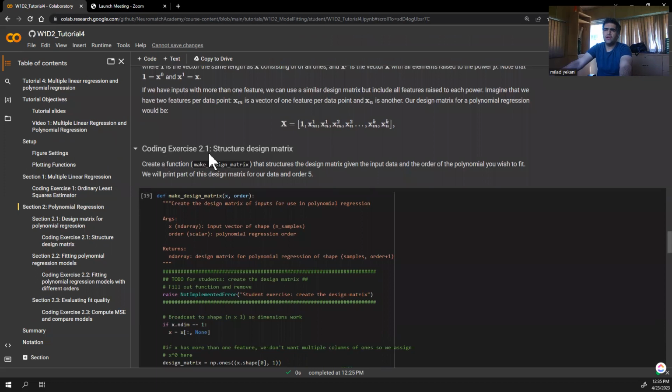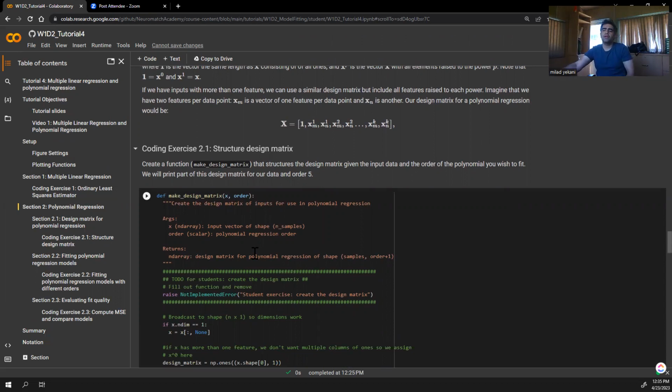Here in coding exercise 2.1, we can see a function which gets our x's in vector form, and also gets the order of the polynomial that we want to fit, and then